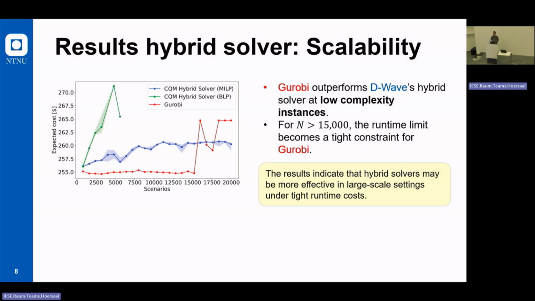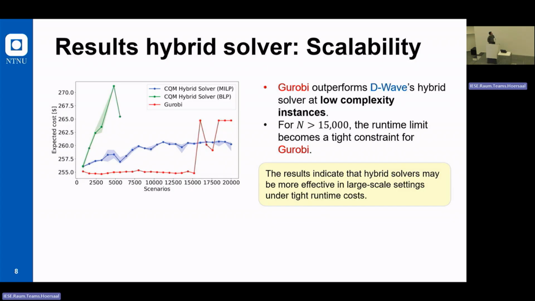But the nice thing here is that when we go to large complexities, the CQM is able to find lower energy solutions. And I have to remark here, I didn't say it, that all these runs have been done with the same time limit, both for Gurobi and D-Wave. This time limit, if I'm not wrong, is something like 25 or 30 seconds. So when you set the same time limit and you increase the complexity a lot, you observe that D-Wave is actually able to outperform Gurobi.